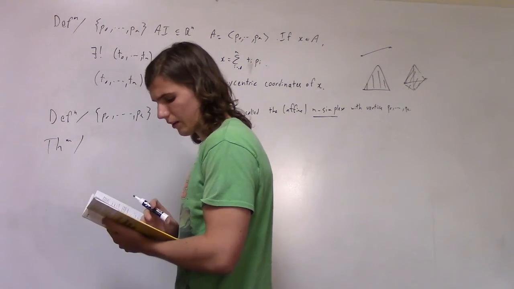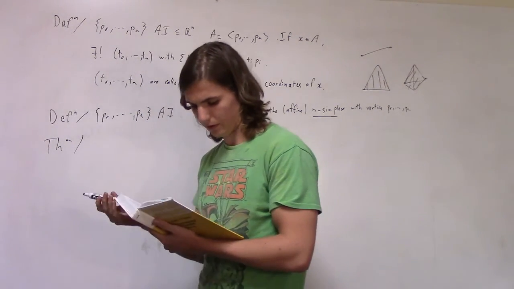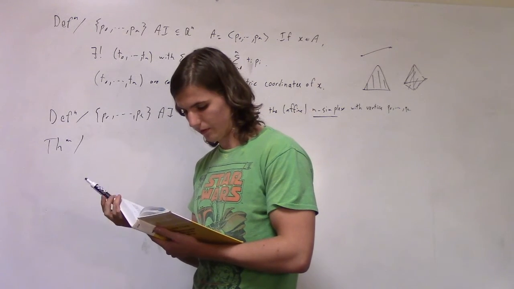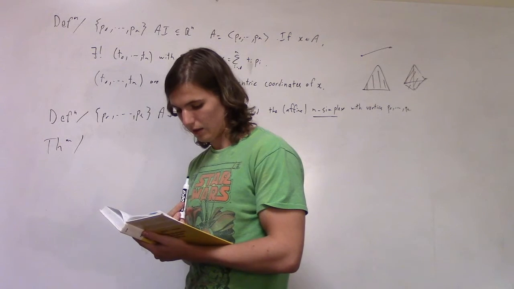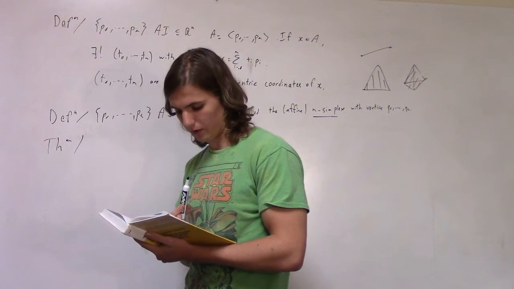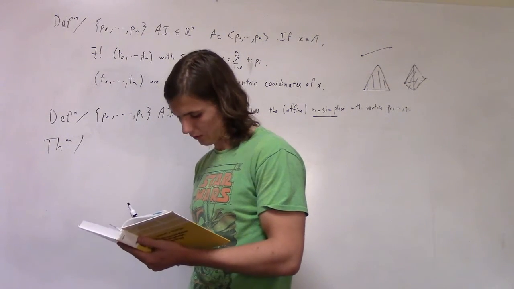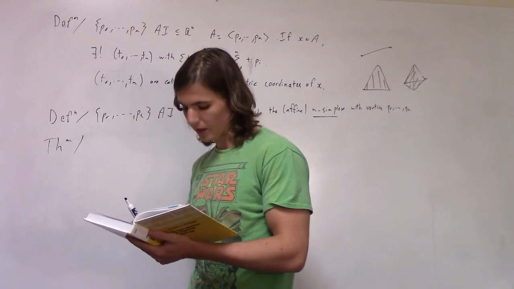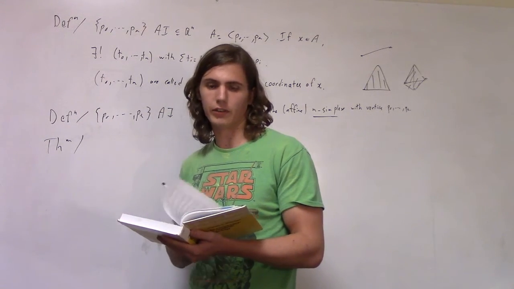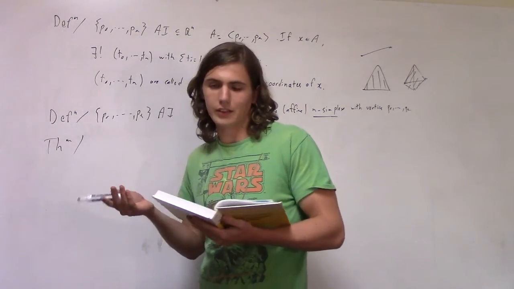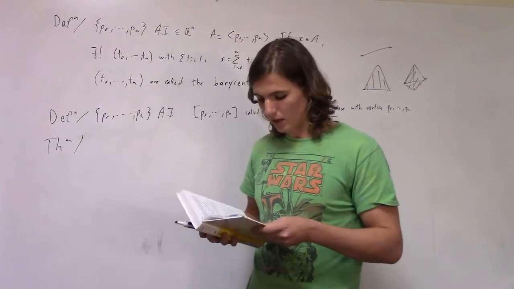Okay, Theorem 2.8, there's not really too much to say about it. So if you have this m simplex, then the barycentric coordinates are unique. I think that's what it's saying. Barycentric coordinates were defined for an affine space, but it's pretty much the same thing for a convex one, as long as they're each greater than or equal to 0. Cool.